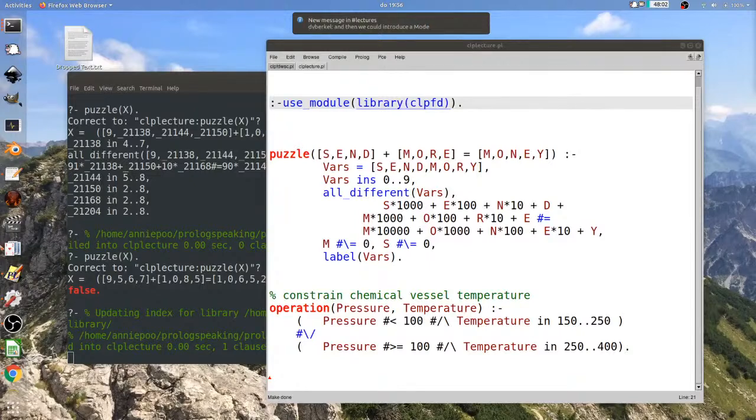Okay, so let's think about how we can do it. Do you guys know this operator? This is single implication. If we rearrange this, we can make it much closer to the problem statement.